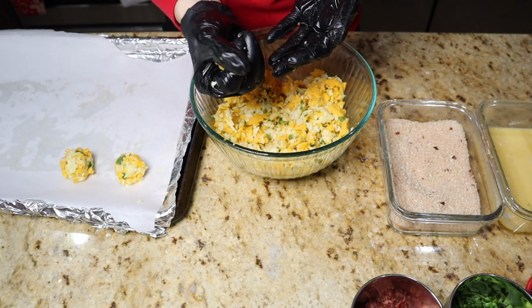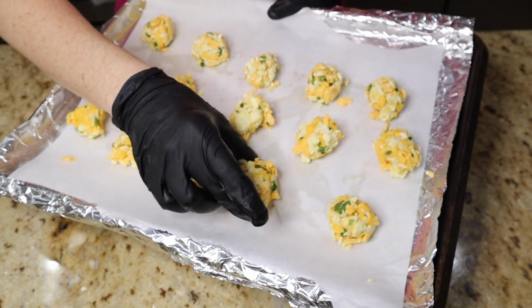As you can see here, I can drop them and they don't fall apart, just to make the dredging process